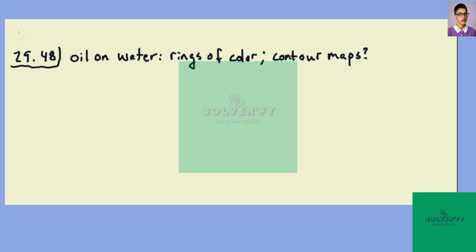29.48. So if you look at interference patterns from thin films of, like, oil or gasoline or whatnot on water, you'll notice that the colors form complete rings. And the question asks us, how are these similar to the lines of equal elevation on a contour map? So on a map,